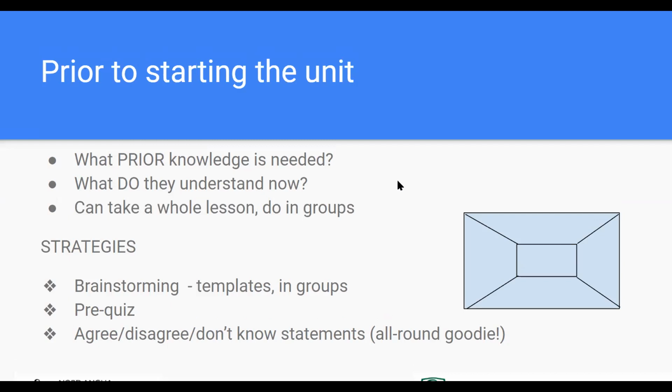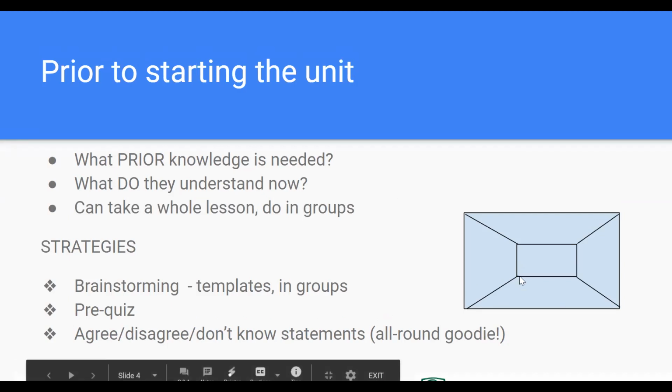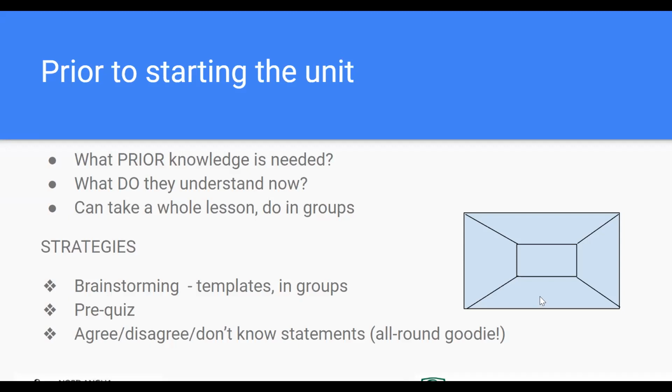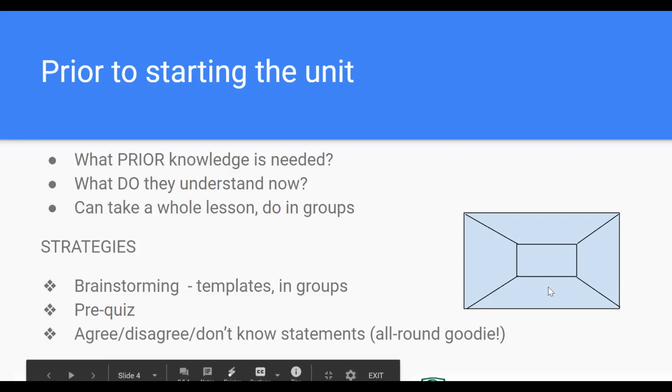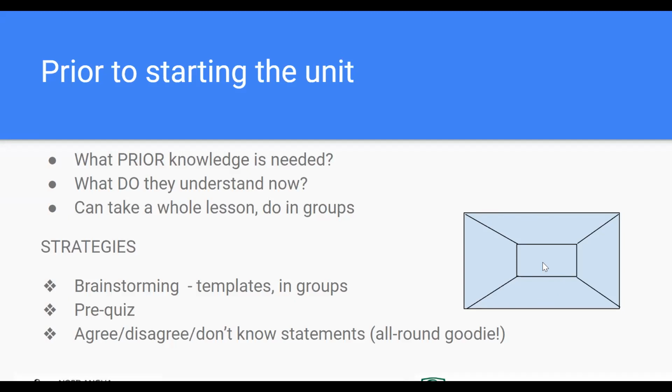So the students have 5-10 minutes. It depends on what year group. Older students I give longer periods of time, and they brainstorm what they know about that, and they can have a little look and see what other people in the group have written as well. Then when the conversation's becoming a bit of a lull, I get them to turn their pieces of paper around. All the groups do this at the same time. And then they have a look to see what their next door neighbour's written and have a conversation about what those people have written.